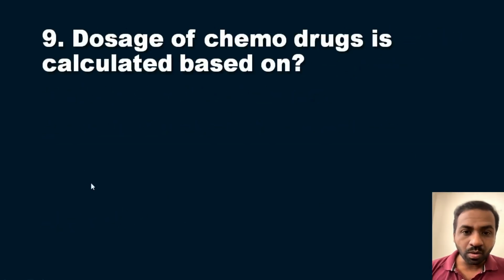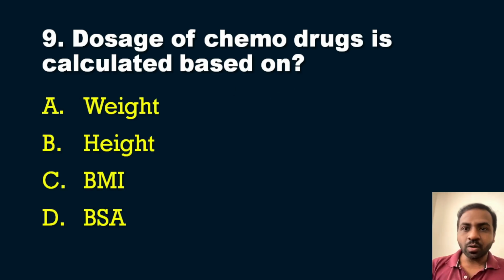This is from oncology, and the question is, dosage of chemo drugs is calculated based on? So the chemo drugs are calculated based on what parameter? The options are option A, weight of the patient, option B, height of the patient, option C, BMI, that is body mass index of the patient, and option D, BSA, that is the body surface area. Okay, so dosage of chemo drugs is calculated based on which criteria? That is a question for you, and the answer is option D, that is BSA,